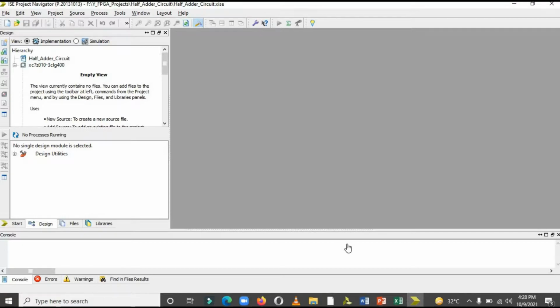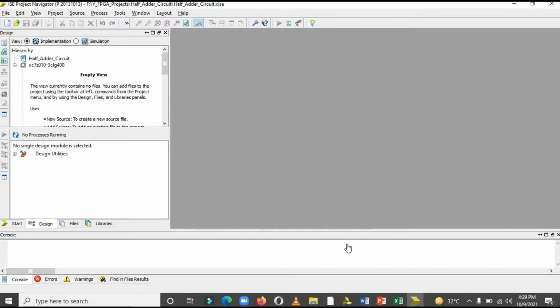Now we need to add the source files of the project, meaning those files which define our project, test our project and implement our project on our board. Basically we require 3 source files. One is the programming file or Verilog file.